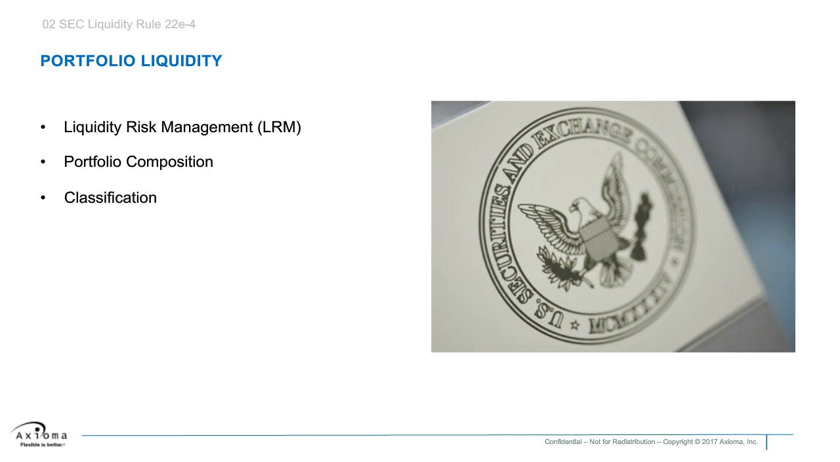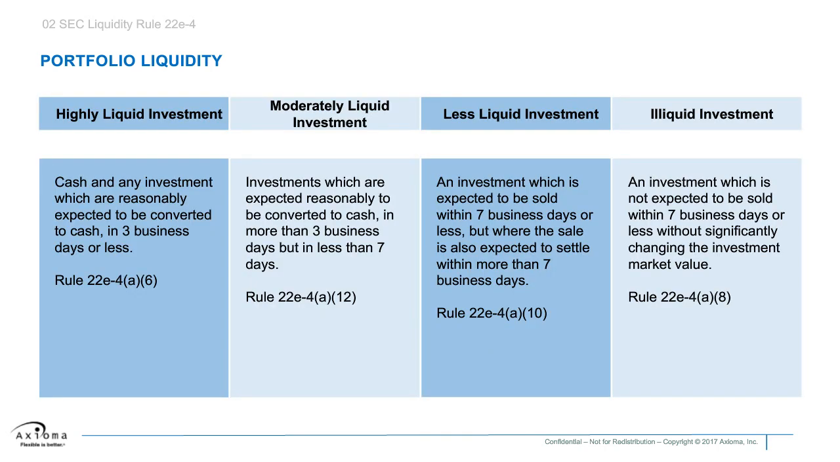The next slide. So, as part of the liquidity rule, each fund has to assign each individual investment into one of 4 liquidity buckets. You see the buckets here, starting on the left-hand side with the first category, highly liquid investment. It's cash and any investment which are expected to be converted to cash in less than 3 business days, or 3 or less,